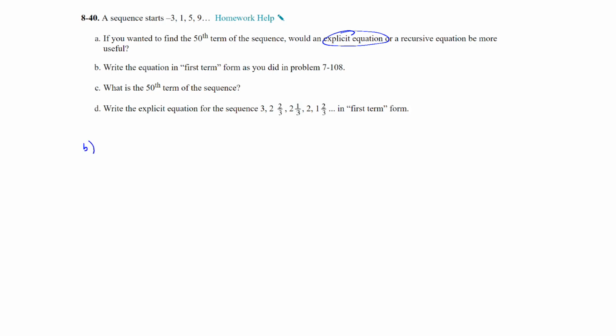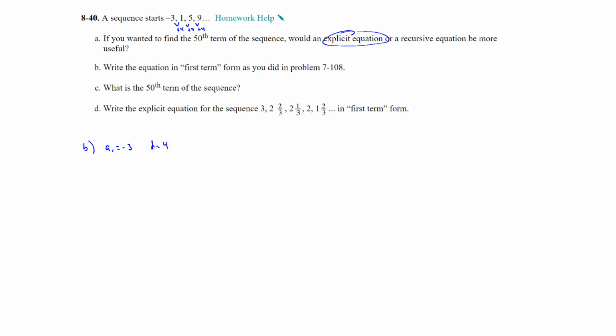So we need to know what the first term is, which is -3. So the first term is -3, but we also need to know how it is getting from one number to the next. So it looks like we're adding 4 each time. So that's our common difference,